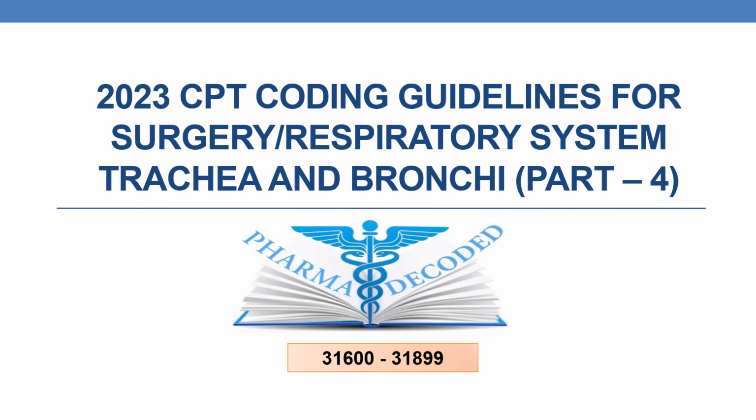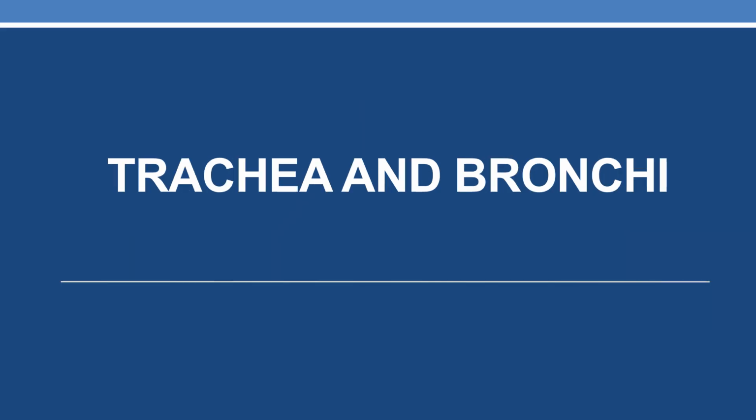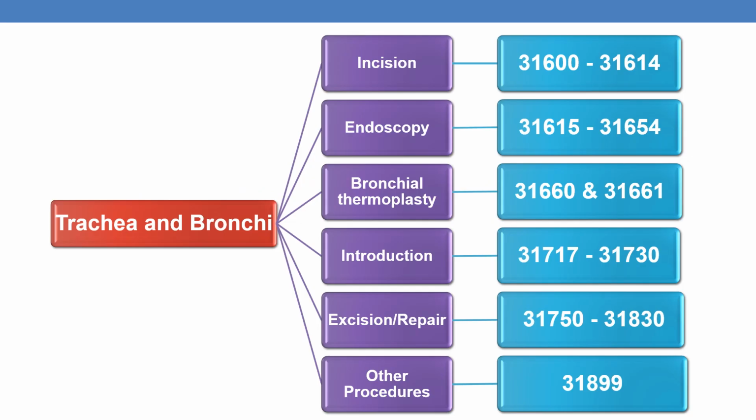Hello everyone, now let us discuss 2023 CPT coding guidelines for surgery, respiratory system part 4. In the current session we will be discussing trachea and bronchi, and the CPT range is 31600 to 31899. Trachea and bronchi are again divided into incision, endoscopy, bronchial thermoplasty, introduction, excision or repair, and finally